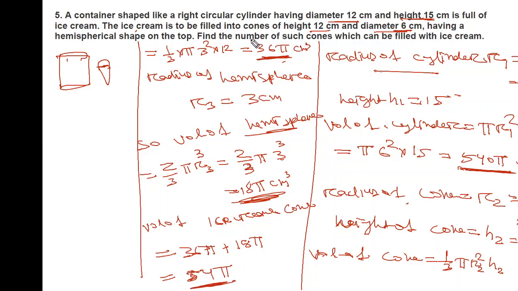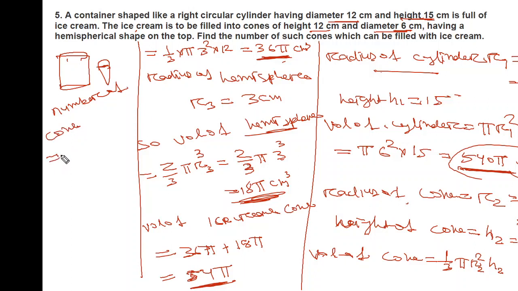Now what we have to find is the number of such cones which can be filled with ice cream. Now the total volume of the cylinder we have already found. Now we have found the volume of one cone. How many cones can be filled? So you can write number of cones